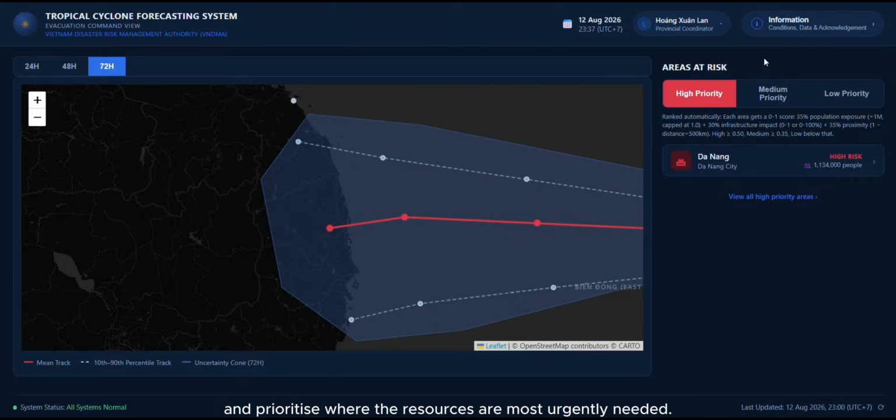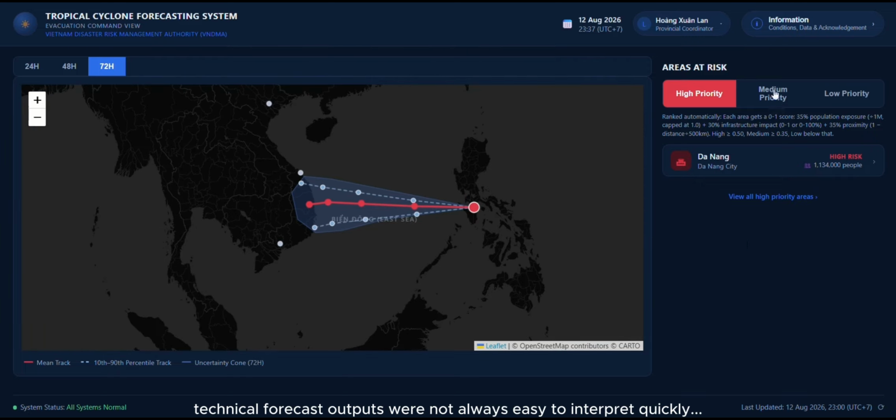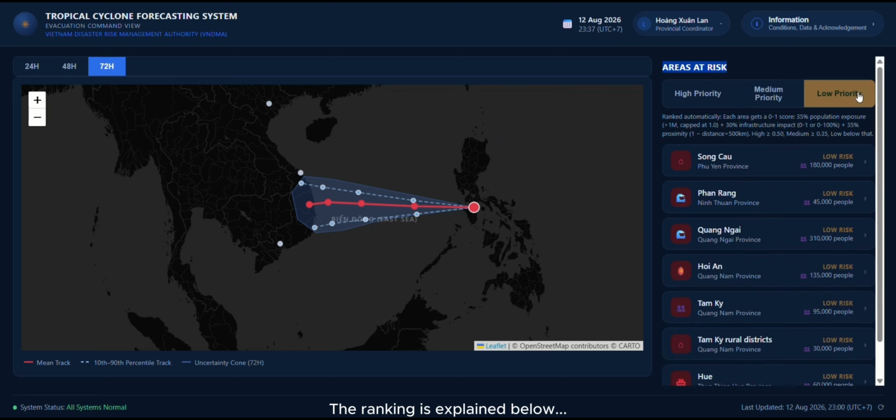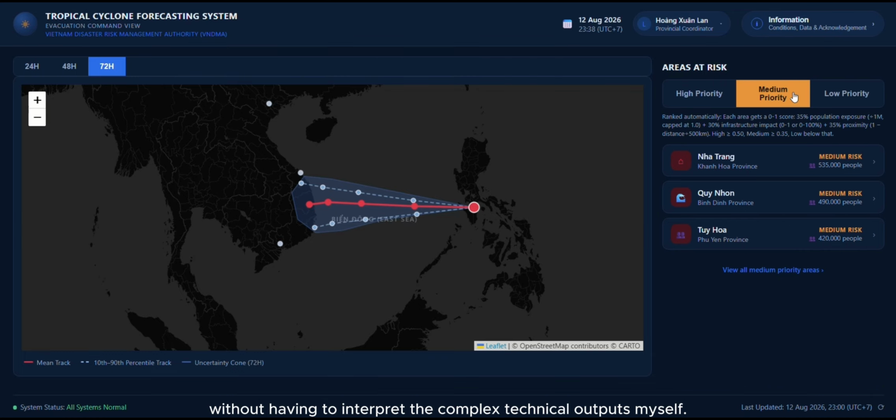most urgently needed. At the same time, technical forecast outputs were not always easy to interpret quickly, especially when I needed to make decisions under pressure. And once supplies were pre-positioned, moving them again was expensive and could delay the response. This interface helps me turn that complex information into clear priorities. Here, I can immediately see the provinces classified into high, medium, and low priority areas. The ranking is explained below so I can understand what is driving the prioritization without having to interpret complex technical